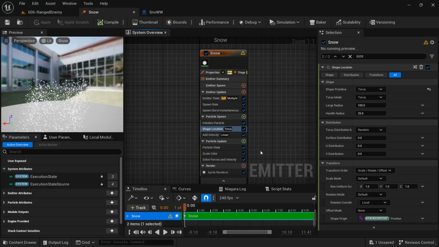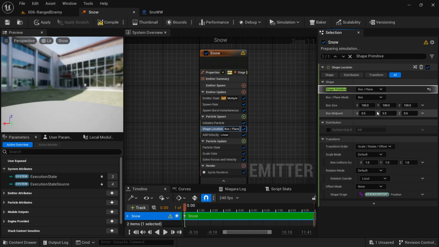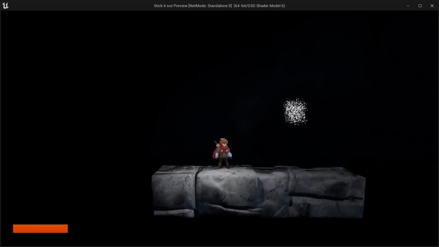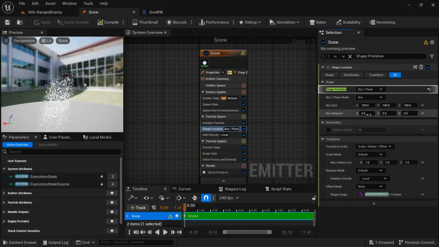Okay, so let's see. I don't think I want a torus. Let's change this. I wish there was a box or plane. Yes, I like this actually. I think a box and or plane is going to work really well. That's perfectly fine. So with the box and plane, I think plane or box, let's say box,